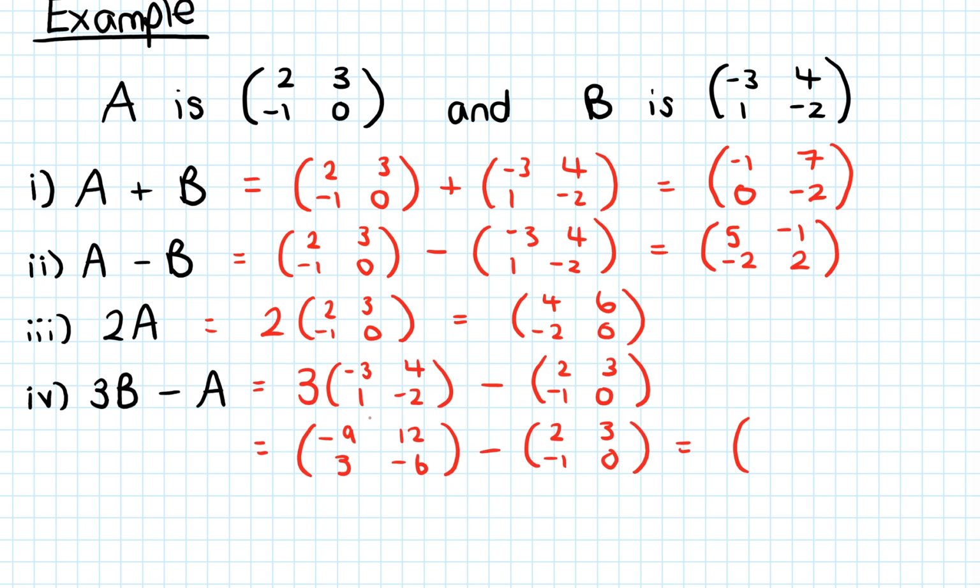So the top number would be minus 9, take away 2, so that's minus 11. 12 minus 3 would be 9. 3 minus minus 1 is 4. Minus 6 minus 0 is minus